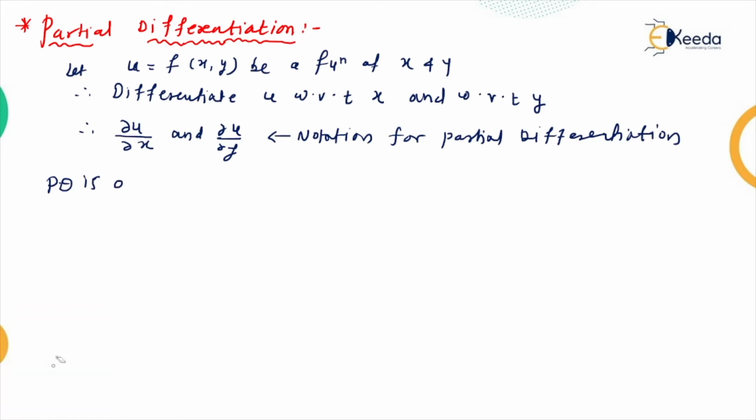Suppose I want to take ∂u/∂x. How do we take it? Let's see. We take simply the ordinary differentiation